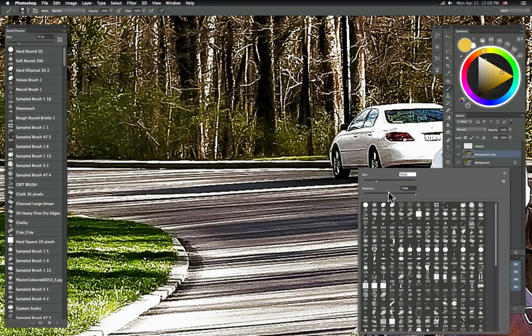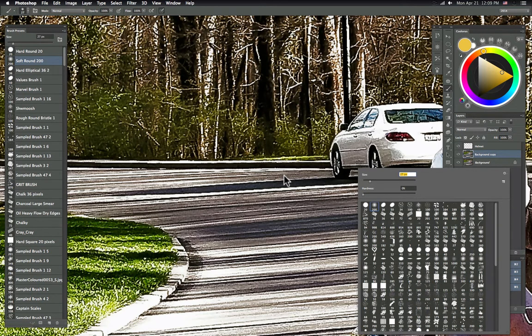And this is kind of an easy fix. What I'm going to do here is grab a brush, just a soft edged brush, and bring it down to about the size of where I'm going to be painting. And with the Alt button pressed down, you'll see a little crosshair comes up. In this video, sometimes when I'm recording with this software, it doesn't show you the correct cursor icons, but in your Photoshop, some kind of a crosshair or an eyedropper icon will come up, and this is sampling the color